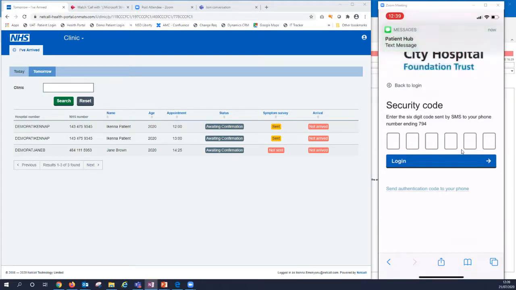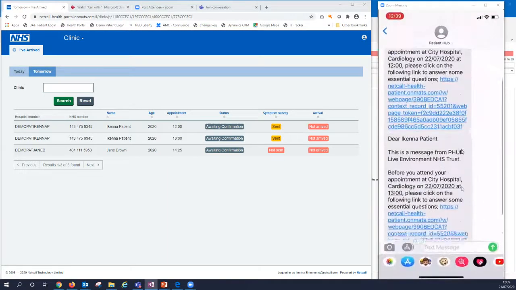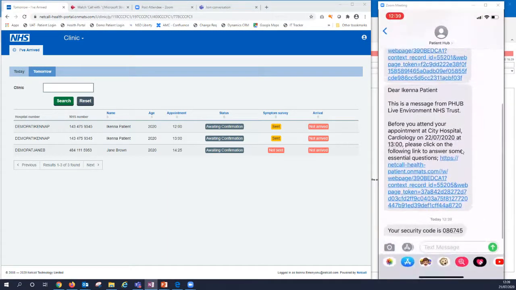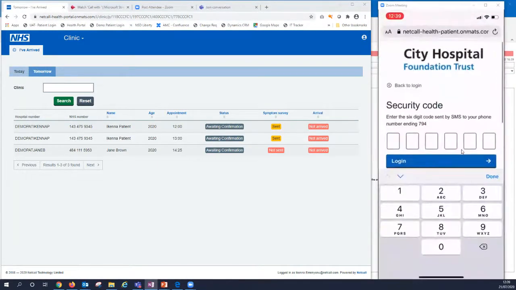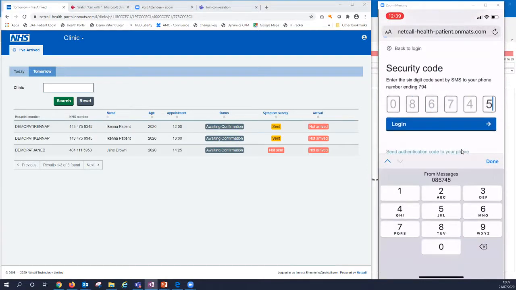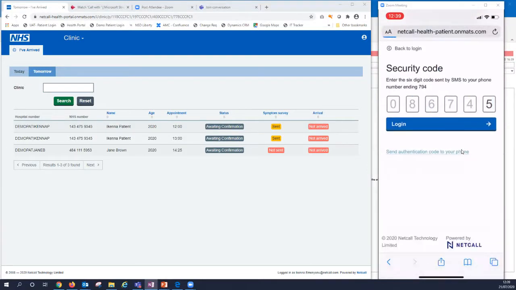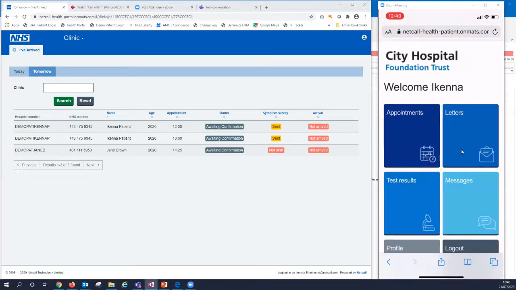If that is correct and it marries up, it sends an SMS message with an authentication code for you to complete the authentication. In this case, it's 086745. And once I've entered that into the patient's interface, I'm then logged into the patient hub